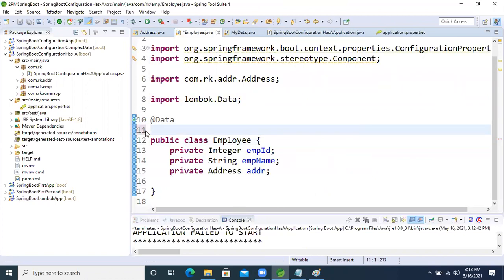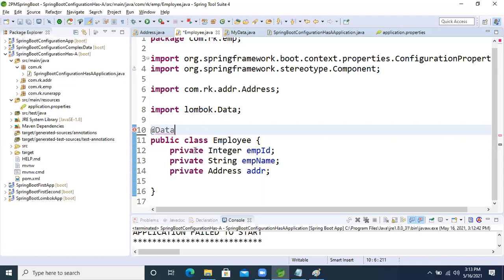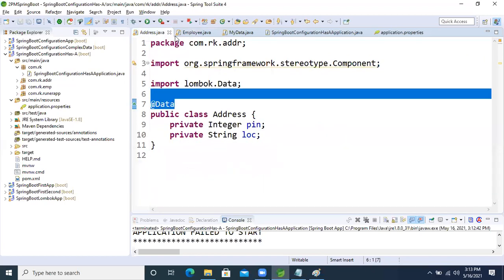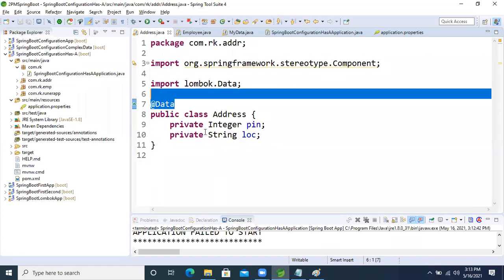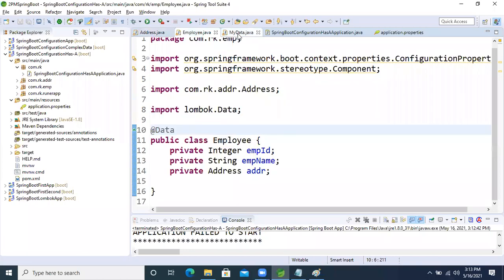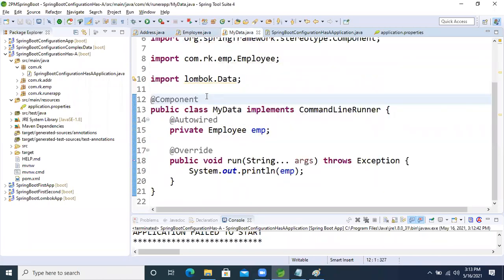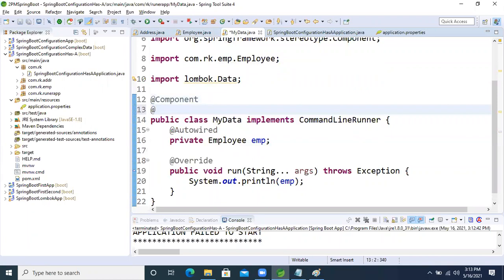Now cut it. @Component here is not needed, because this class is the dependent class and this is the dependency, right? This is the dependency. So if the annotation is applied on this class, and whenever we are applying @Component, same thing I'm doing here, I'm pasting this one.